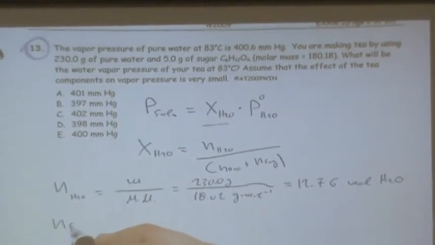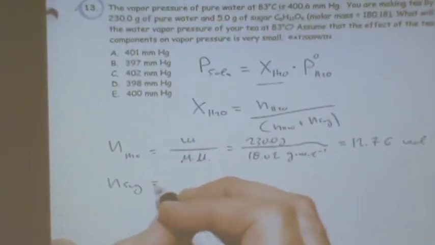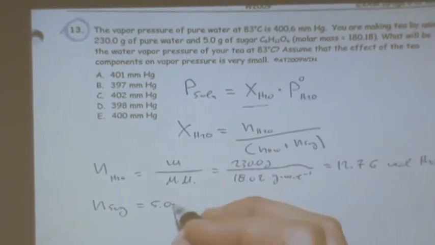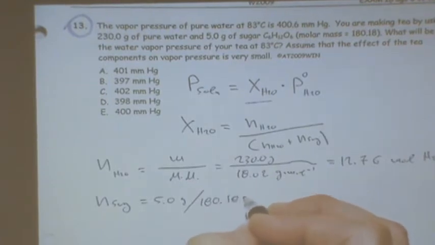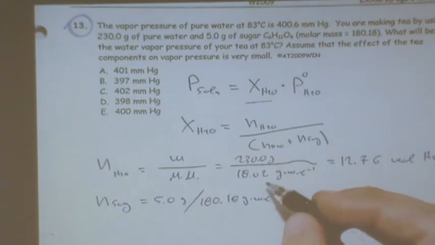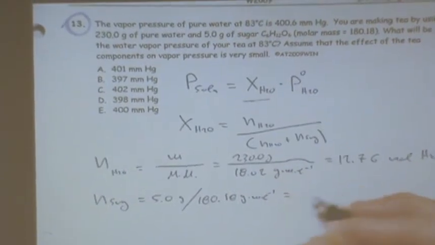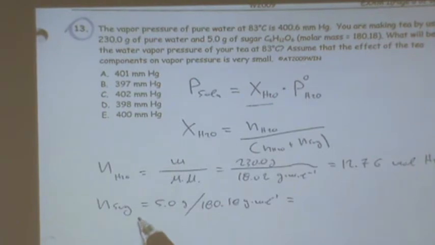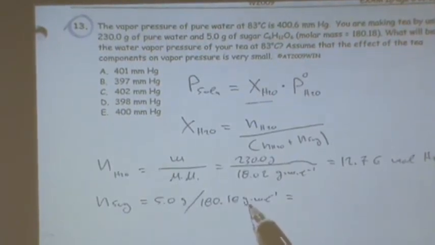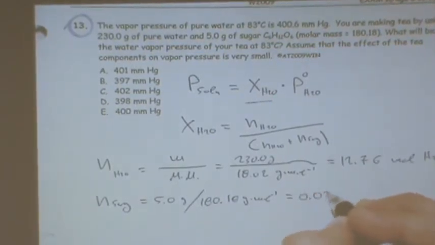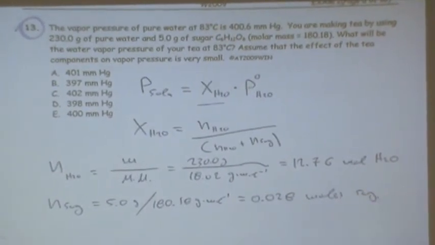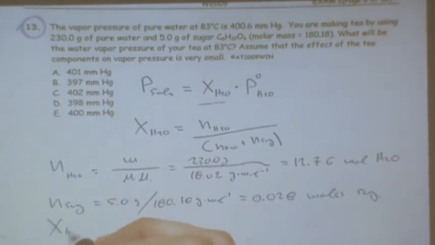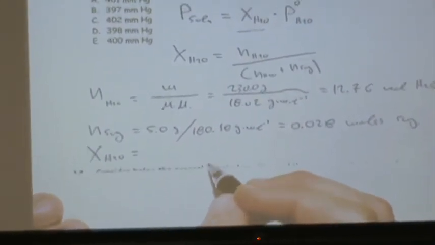Okay, and the number of moles of sugar is going to be equal to 5.0 grams divided by the molar mass of sugar. It gives it to you because there are many types of sugars, right? This is one kind of sugar. There are a lot of sugars with different molar masses. Moles of sugar, and so the mole fraction of water is going to be